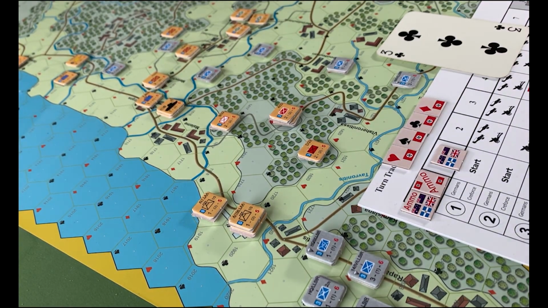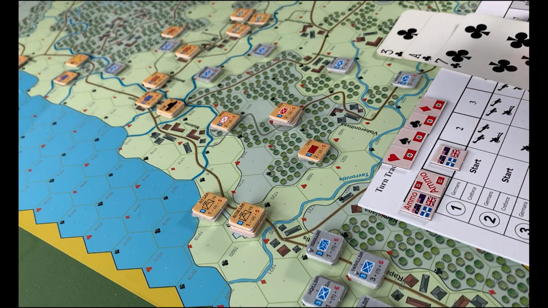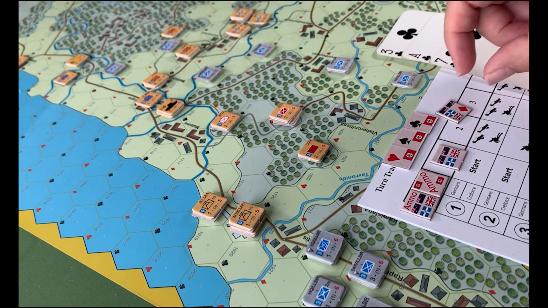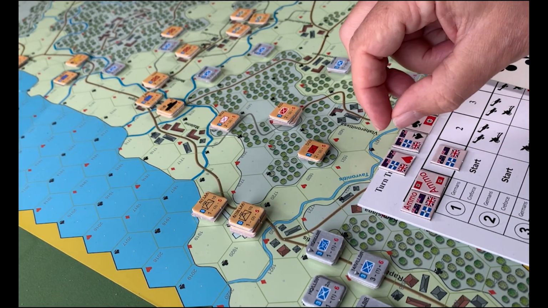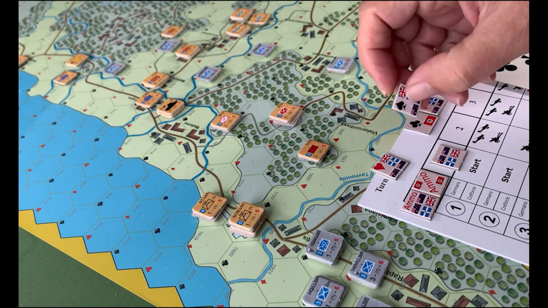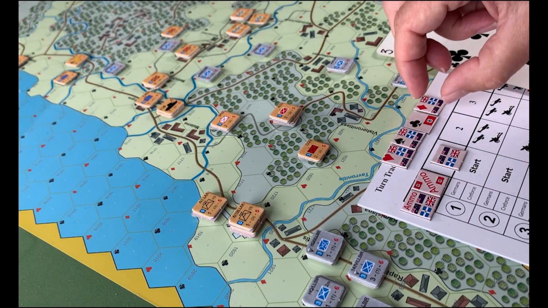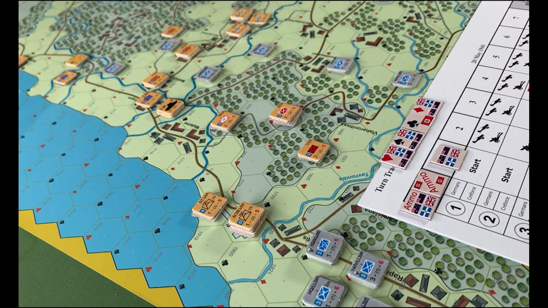So we've got 3 of clubs, ace of clubs, 7 of clubs. Now that's quite interesting, because that means that what we would do is we would take all of these with the exception of the club and flip them over to Allied. So in other words, for the first activation, the Germans will have to draw a club